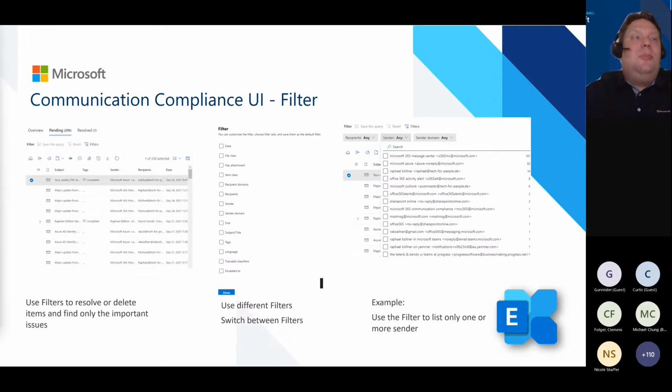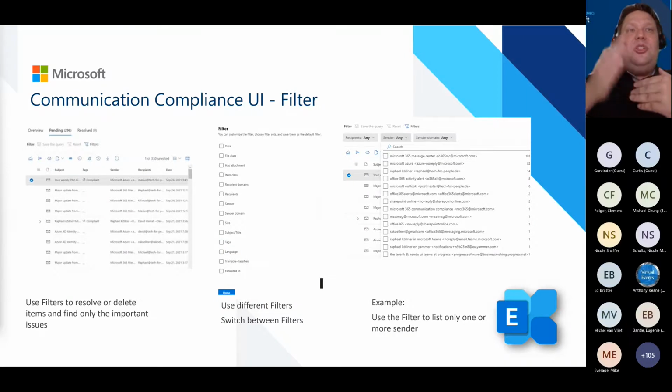And when we go a little bit deeper, we can filter with the UI by, for example, sender, recipients. So we can filter on Exchange attributes, Exchange things. Okay, we filter only on emails, we filter only on sender, for example, me or the guy.